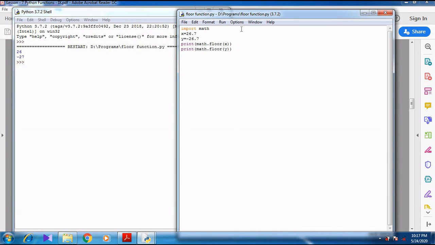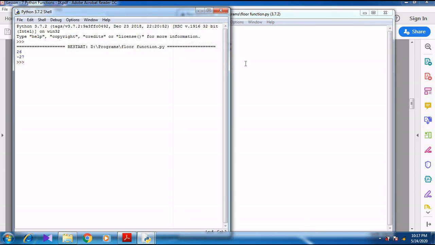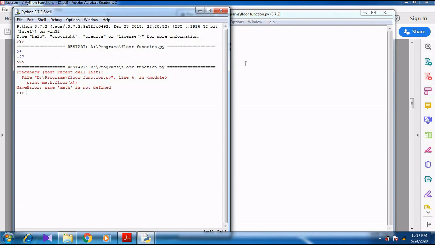For example, if I do not include the math module, I just change it into a comment line. A hash symbol is used for a single-line comment. When I save this and press F5, it shows an error: name 'math' is not defined. Can you see this?